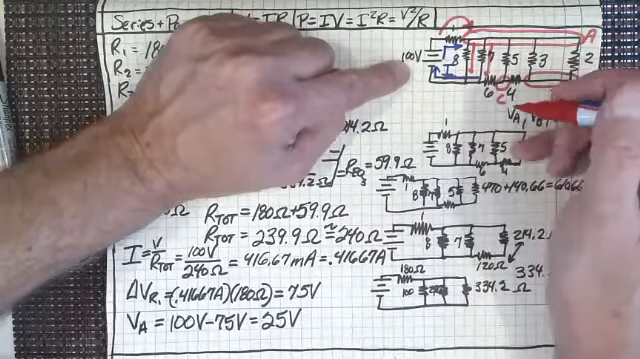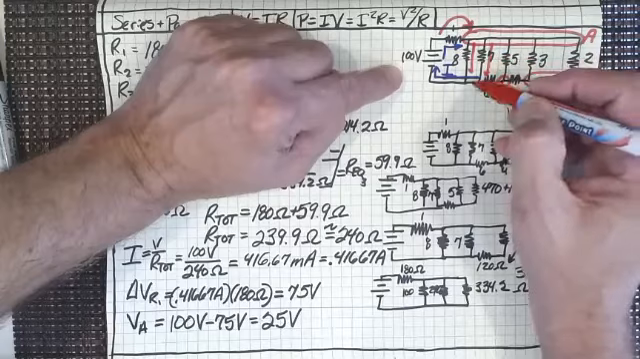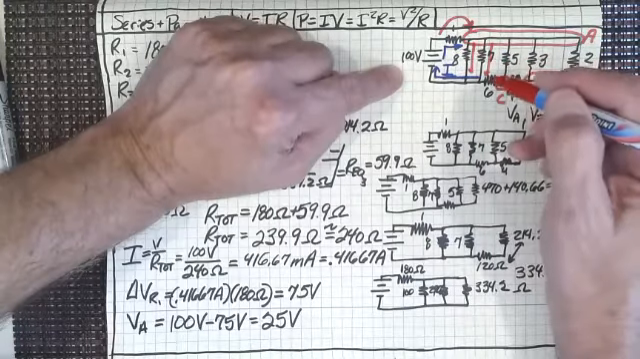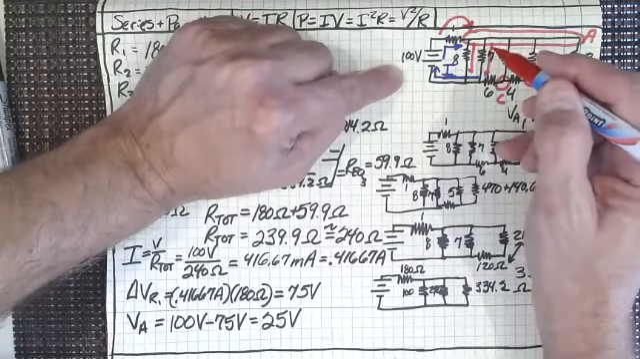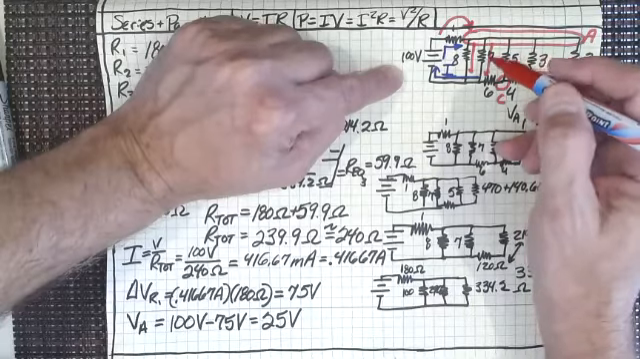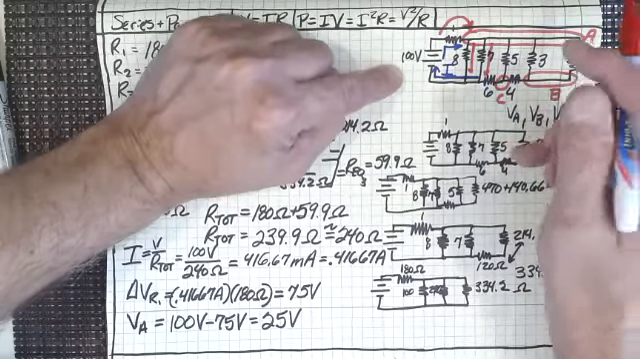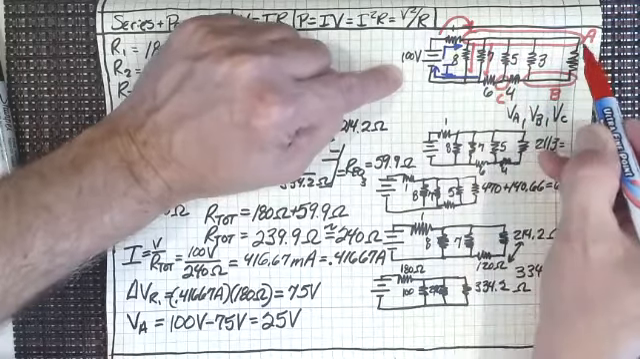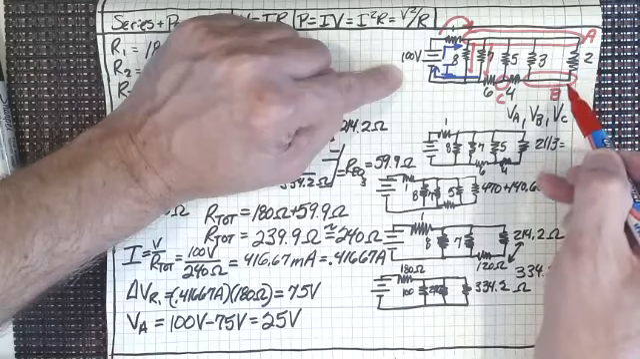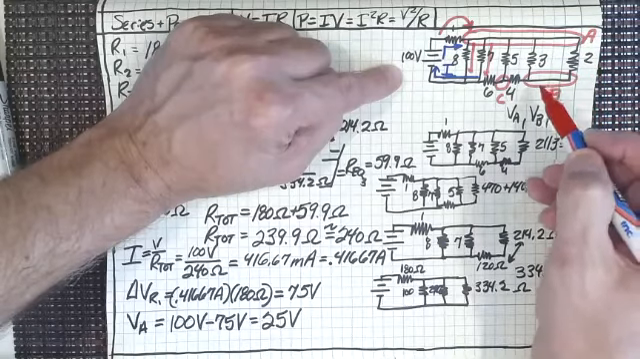All of those are coming around, and that's where a lot of the current is going to be flowing down through these two resistors, is what we're going to find. But we've still got this at 25 volts, and we've got to find out what